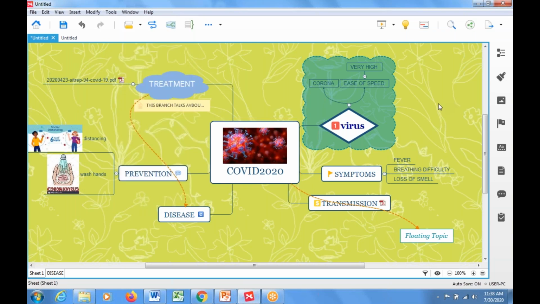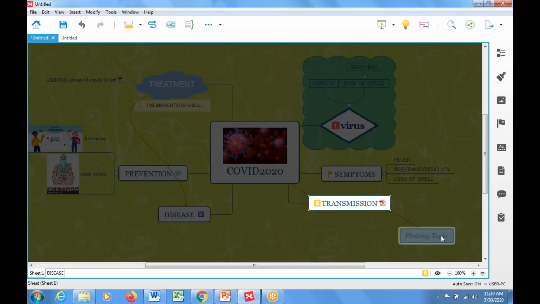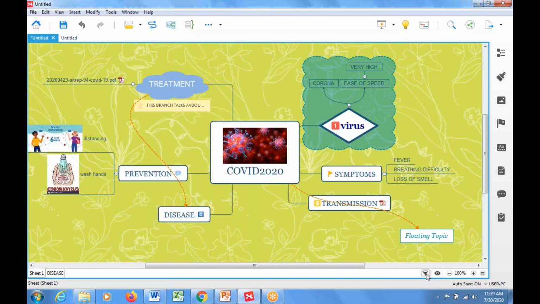And apart from this, I will tell you, see here in the bottom rightmost side, you can see a kind of funnel. If you click the funnel, you can choose the marker. Please remember, we have used many markers. By clicking this funnel, if you select any one particular marker, for example, I select yes, money, only that particular branch alone will be brighter. So that way you can focus upon any particular branch using this funnel.